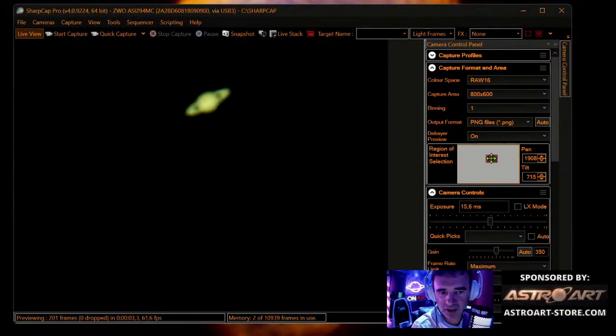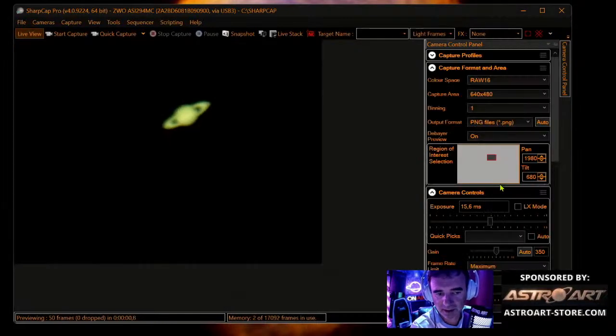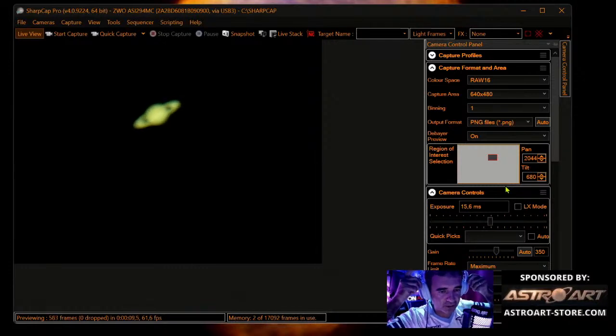I use the region of interest to move the planet again. You see, the seeing affects a lot. And now I think it's enough. I can go even a bit further. And then I will focus, because the tracking is stable. I will try now to focus on Saturn. Hold on. Now I depend on the seeing, of course.